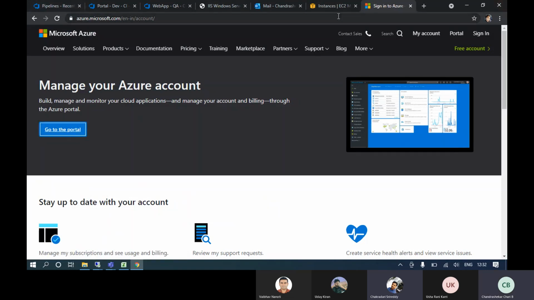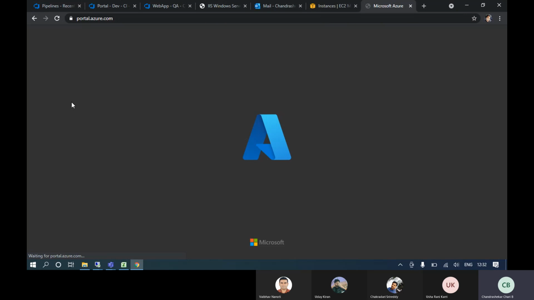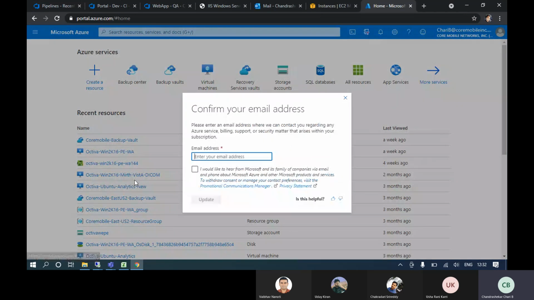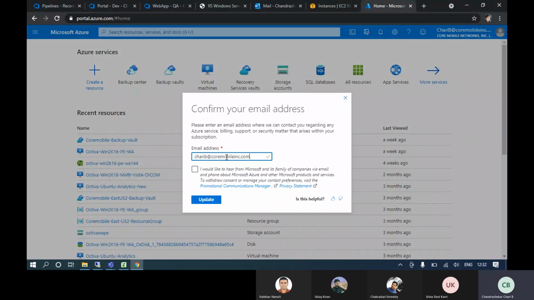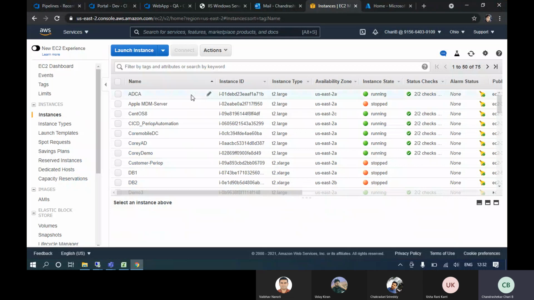But see, in AWS also we can buy reserved instances, right? Correct. The cost will be less compared to the on-demand instances we are using as of now. If we buy reserved instances for AWS, that will be better for these servers.